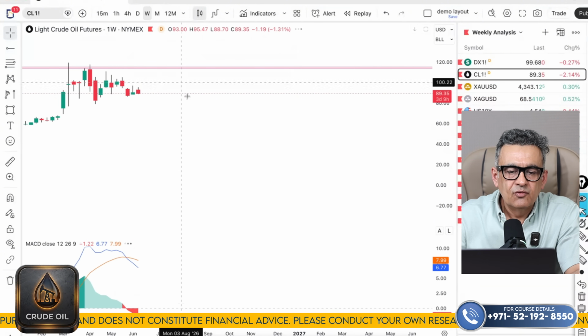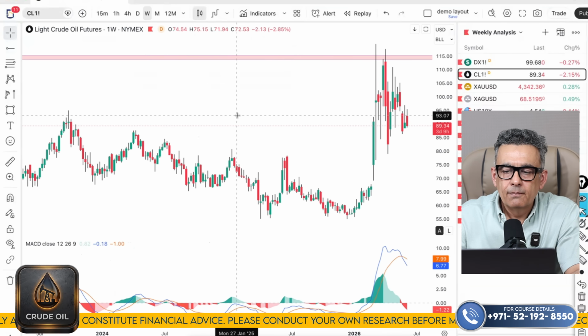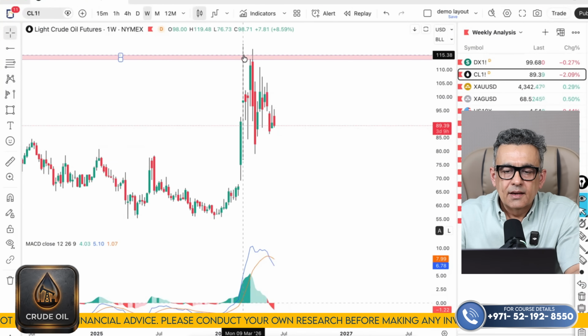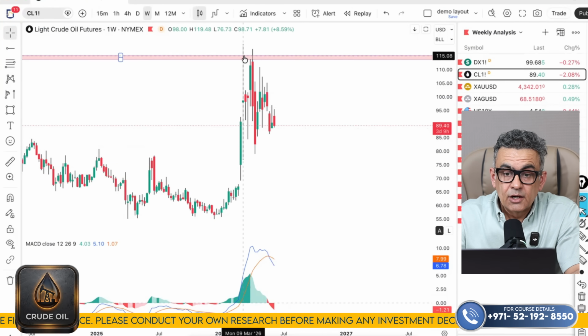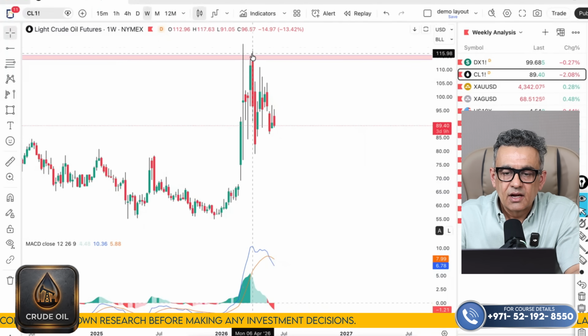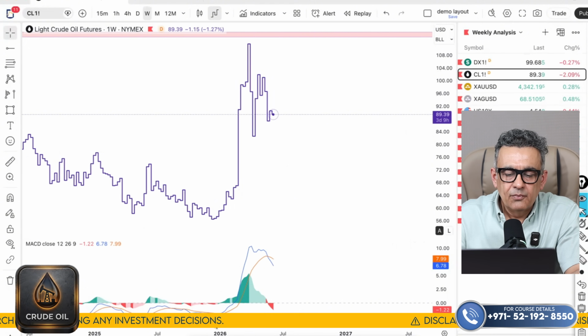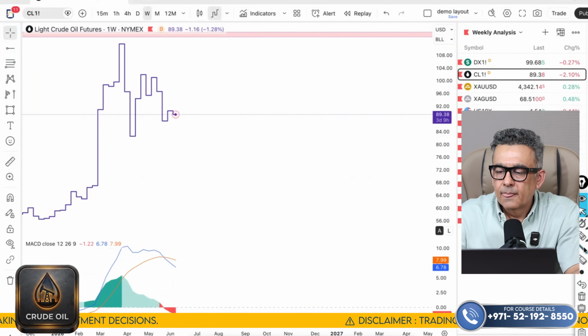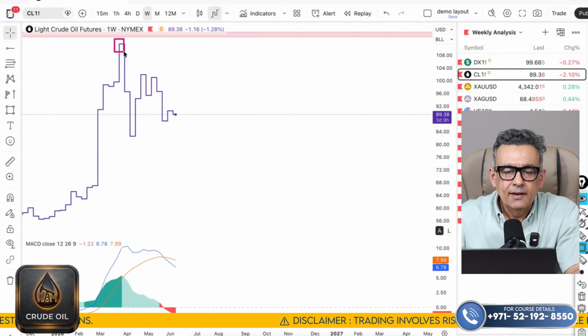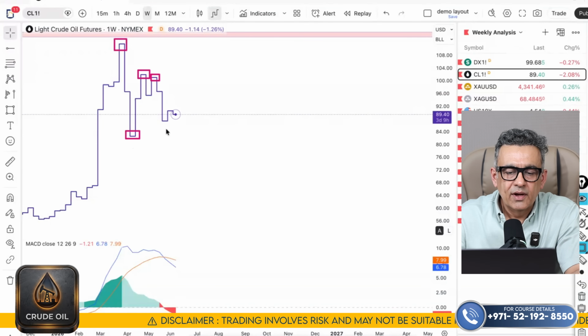Now switching to the weekly frame here. On the weekly frame, again it turned into a false spike, a false breakout here. It did not sustain above this level, and since then it is continuously printing lower highs. So here we have a high, a lower high, and a lower high,